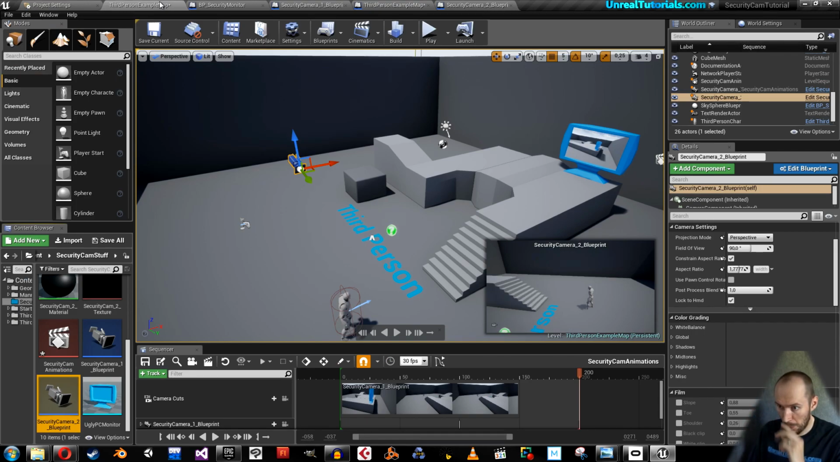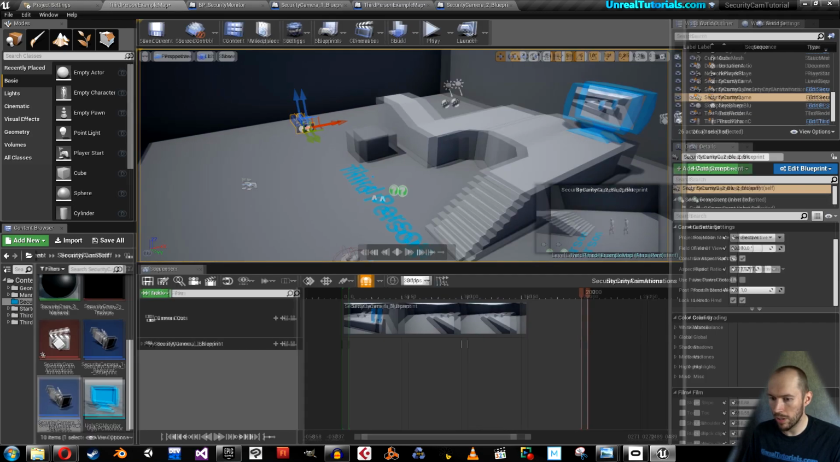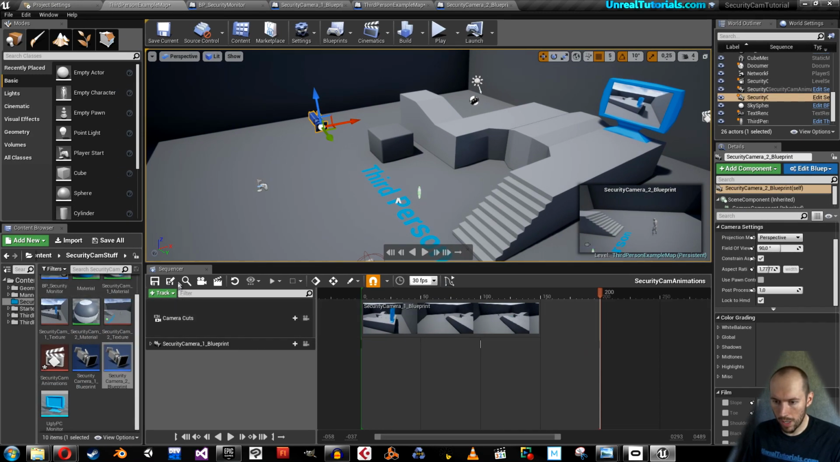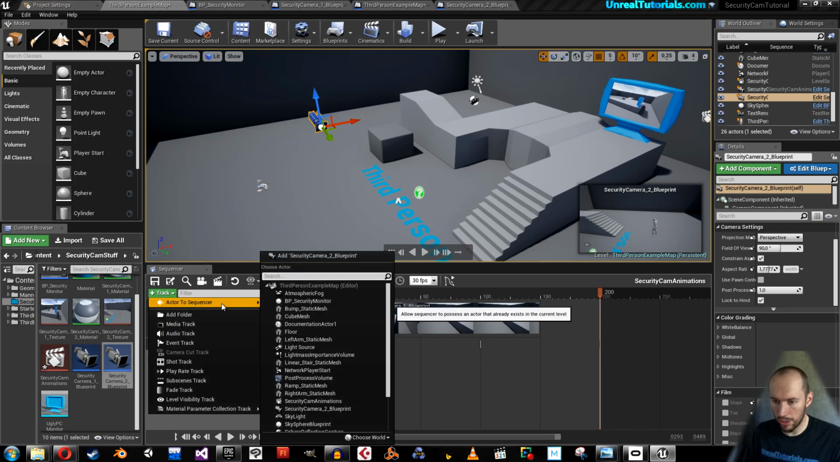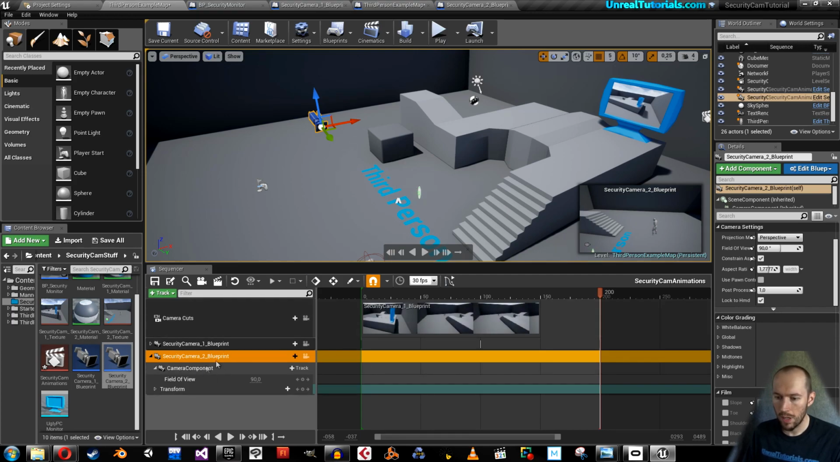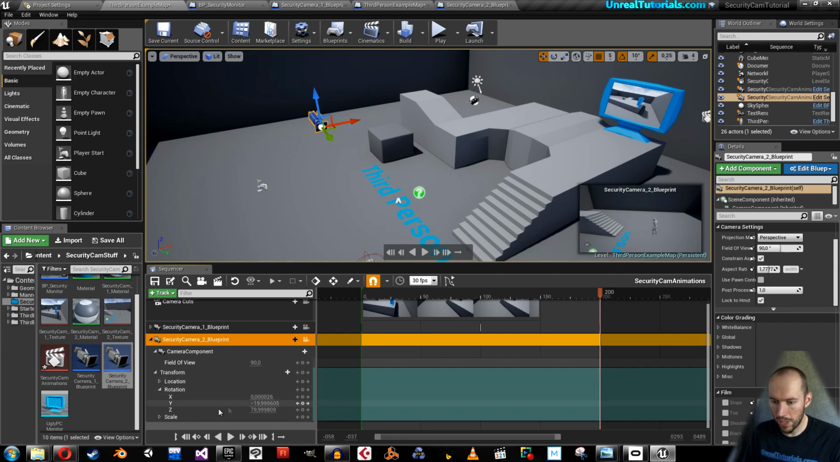Now back out here, make sure you have the camera selected, make the sequencer window bigger again, and then click track, actor to sequencer, add security camera to blueprints. The same way, go to transform, rotation, Z again will be manipulated, so place it where you're happy with it. I'm happy here. I'm going to go back to 0 to start, and I will place a key right there,